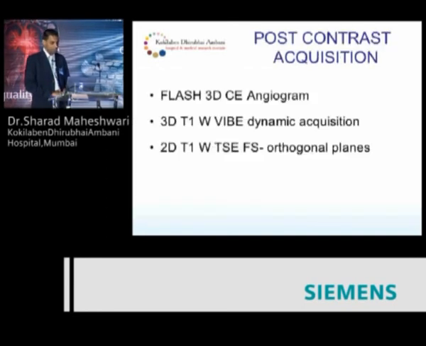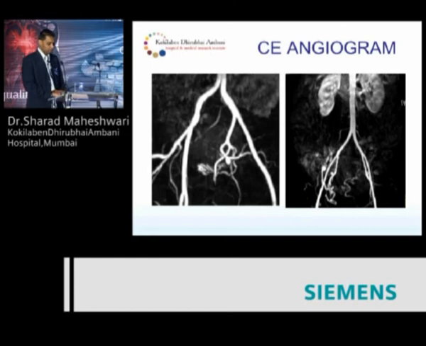Now post-contrast acquisition: you can make the first sequence a 3D angiogram, followed by VIBE 3 or 4 sequences and then the 2D sequences. Just an example of an angiogram: this is a patient with DUB, there was an AVM. This is a pre-fibroid embolization. You see the hypertrophied uterine arteries on the left side, and on the right side you can see this vascularity. This is that big fibroid, the first case I showed. These are vascular, so they were good for fibroid embolization.